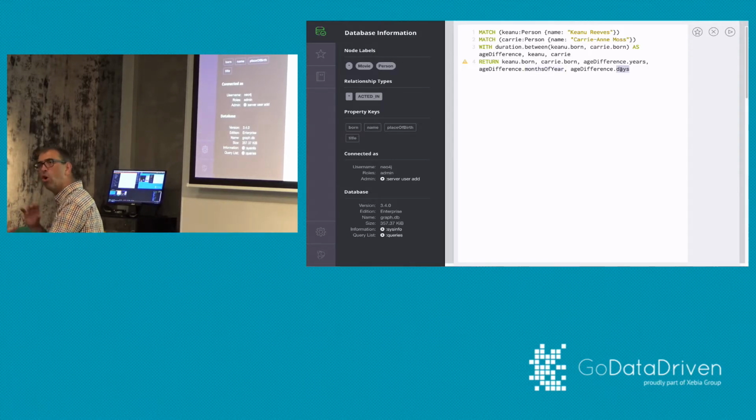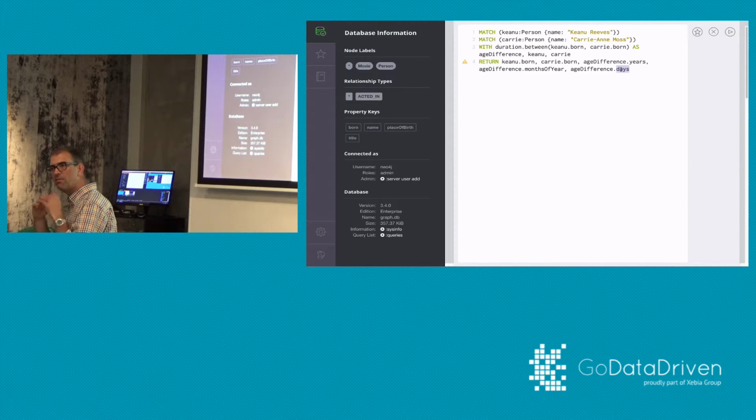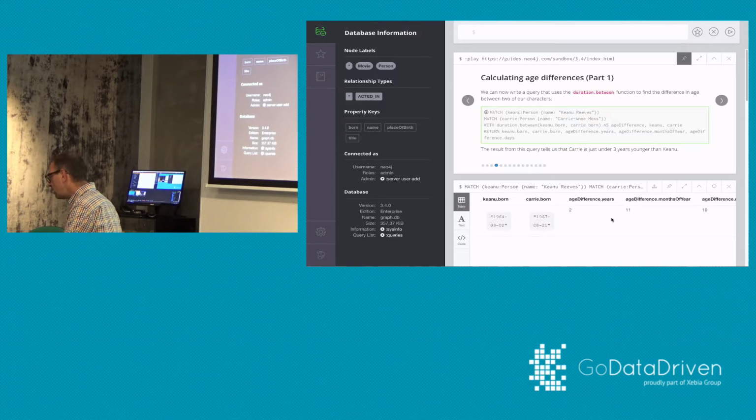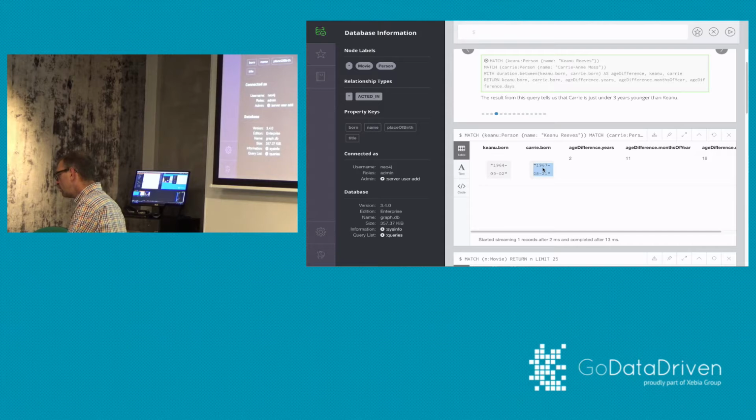Right? Because it already knows that this thing is a date. It knows that this particular property of this particular node is of that particular type, so it knows how to interact with that and how to calculate that. So it's got the birth date of Keanu, the birth date of Carrie. It's got 2 years difference.